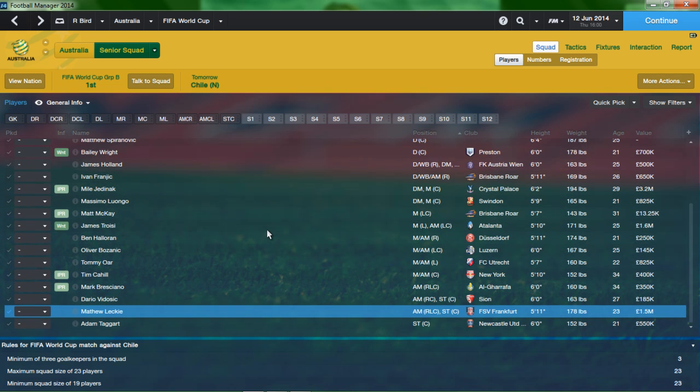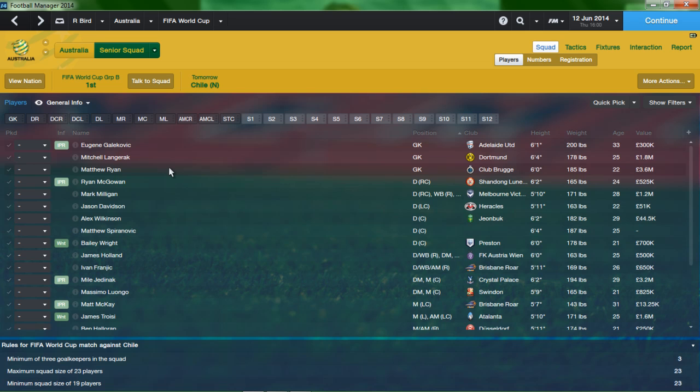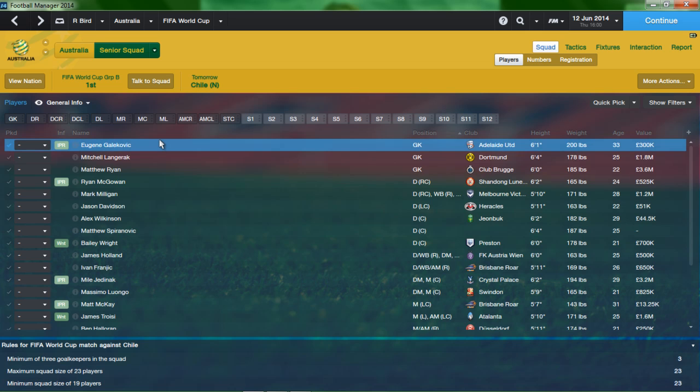So that's the squad. Obviously it's not filled with too many highly touted players, unlike the Cahills or Viduka or Schwarzer. Although that was one thing, it would have been a pretty good idea to have Ryan McGowan and maybe Schwarzer in there at the World Cup, to guide them with experience. That could have been interesting, but obviously it didn't happen.